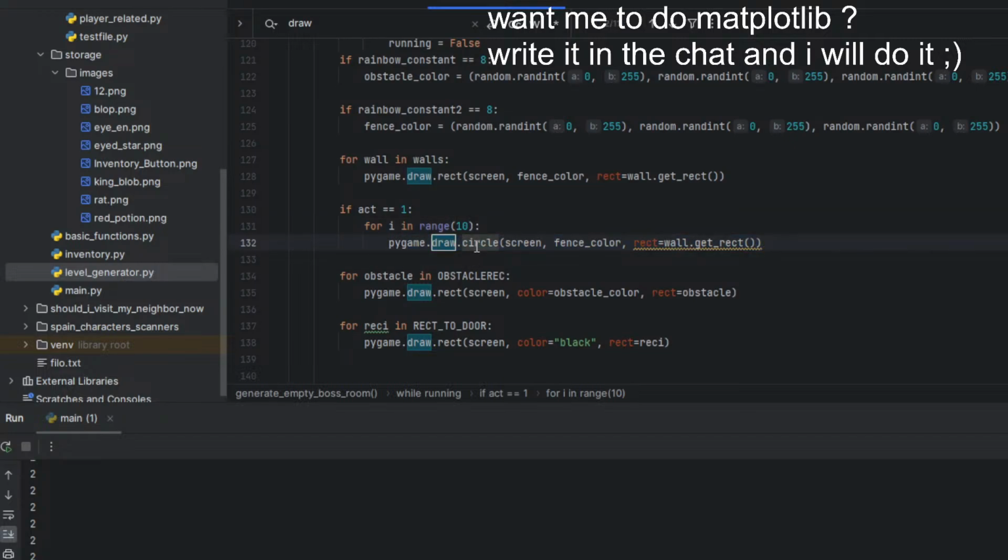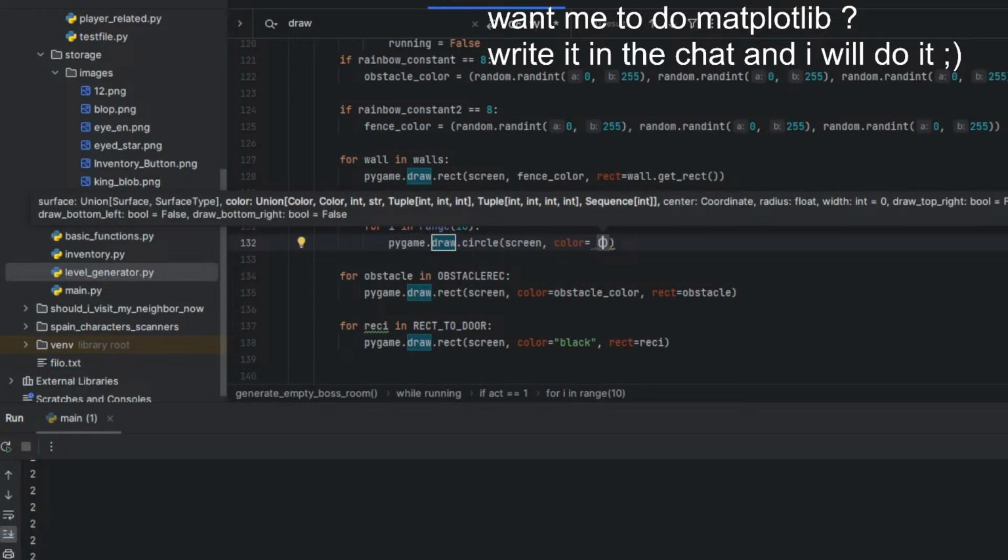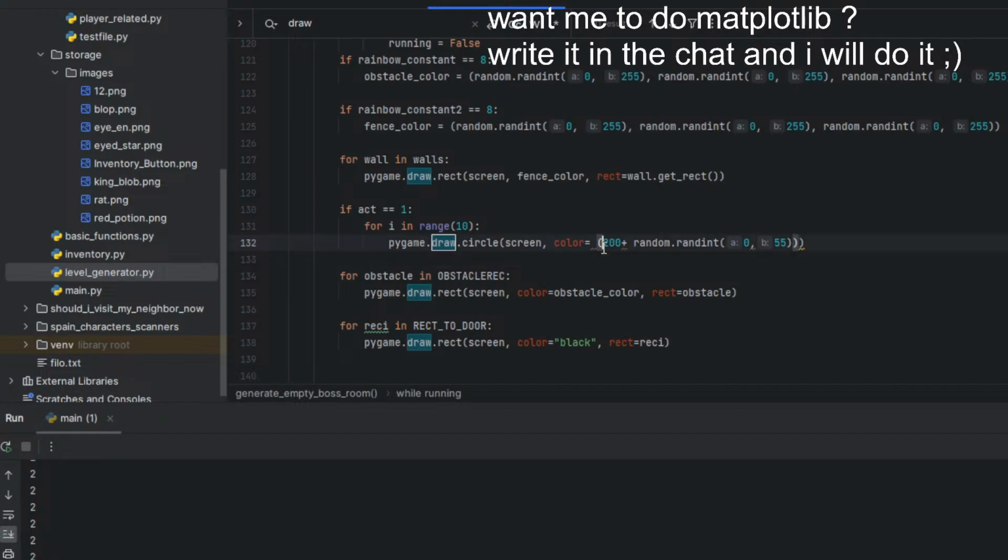So what does a circle want? Surface, color equals 200 plus random.randint to 55. This goes for every color.